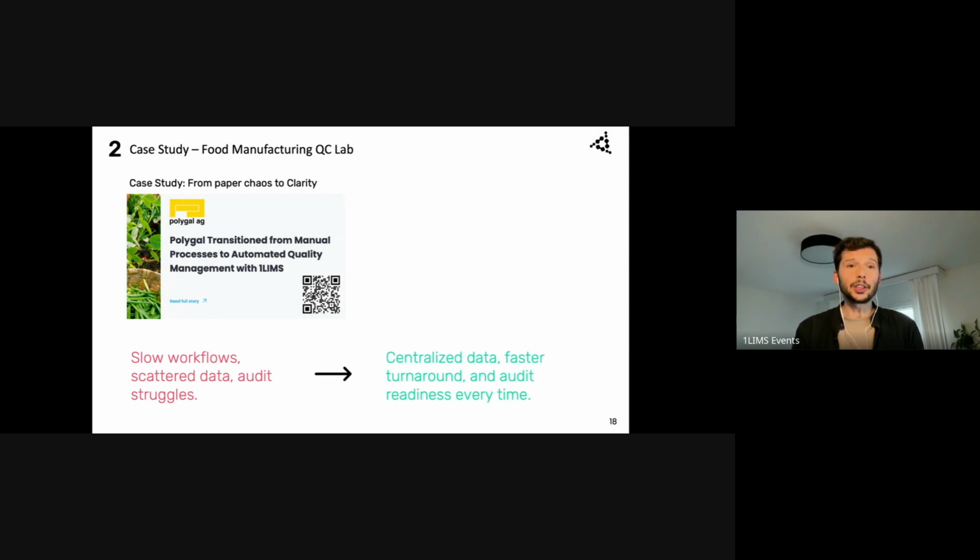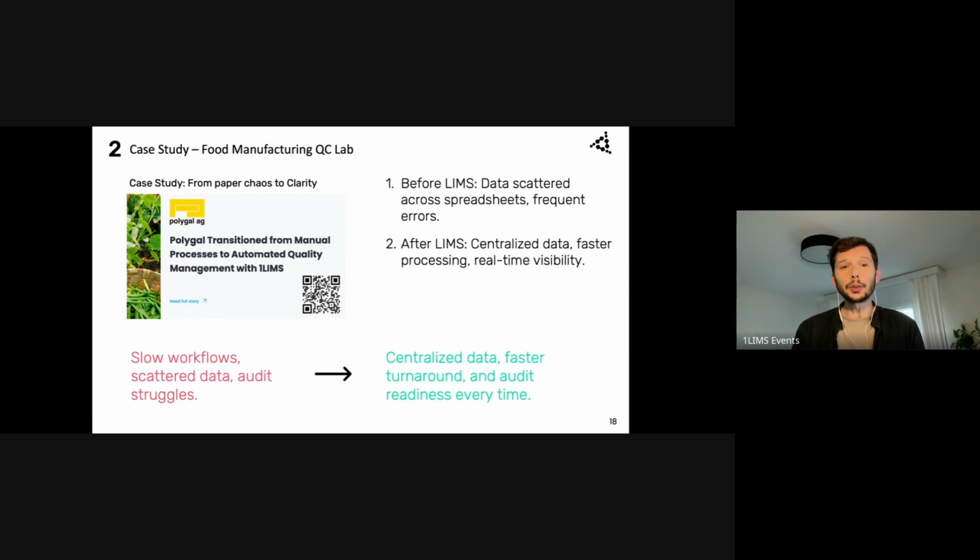After the digitalization, they centralized all of their quality, production, and product data in one place. That leads to faster turnaround time of the sample and audit readiness at any specific time. So before, they had scattered data and they had frequent errors because of the manual data handling. After the LIMS implementation, they had everything centralized, everything reached through the SaaS LIMS, and it was faster processing of